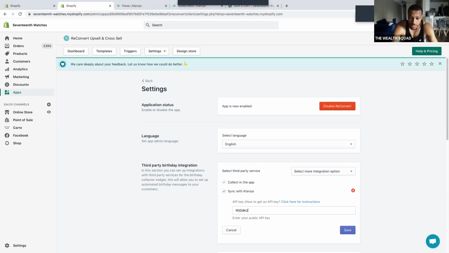So then you have to have an API key, right? You get this API key, and what the API key is, it allows these two apps to communicate with each other, right? So you're collecting it on the reconvert, upsell, and post-purchase cross-sell, and then you're transferring that data over to Klaviyo, but you have to have that API key so this data could be transferred, right? So how to get that API key is you go to Klaviyo